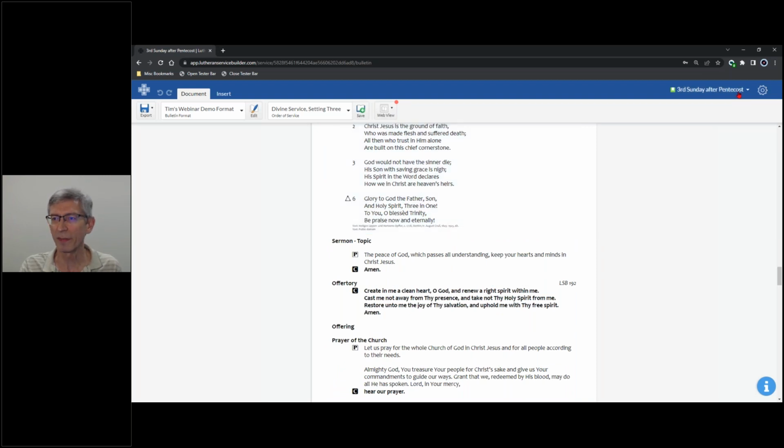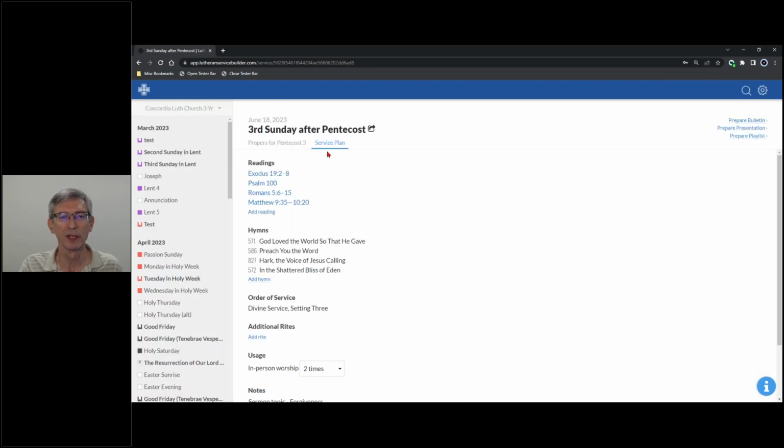So what you can imagine, let's go back to the service plan to kind of get this idea. So, you know, we've got the propers kind of step one that you can review. Then you've got the ability to pull your resources together in the service plan. Then usually step three is preparing your bulletin. And, you know, once you've gone through preparing your bulletin and getting things tweaked the way you want it, you